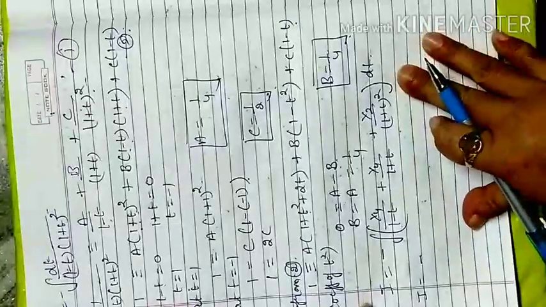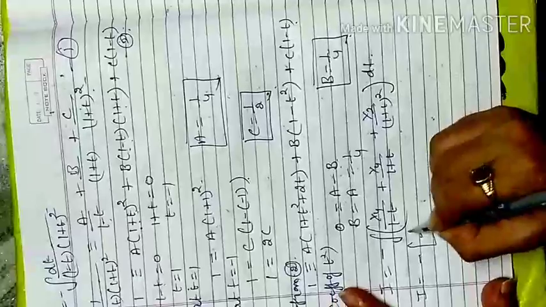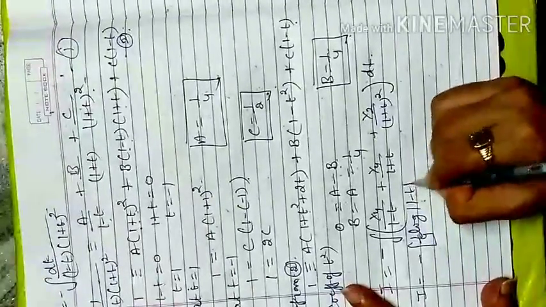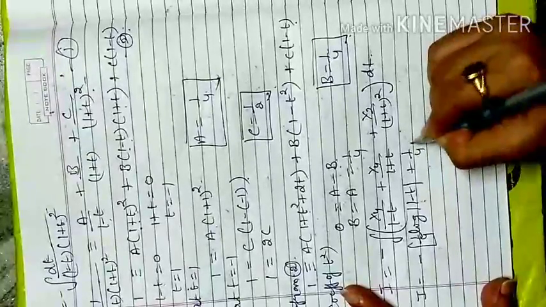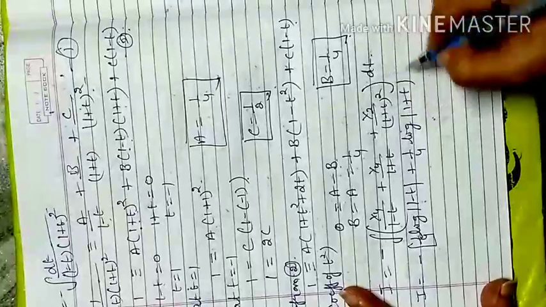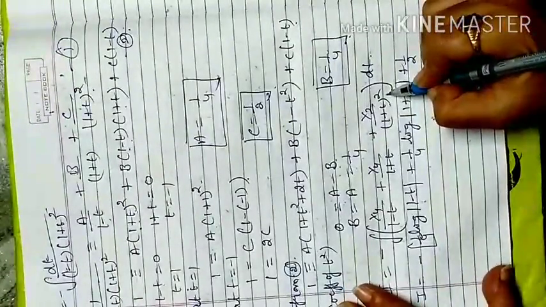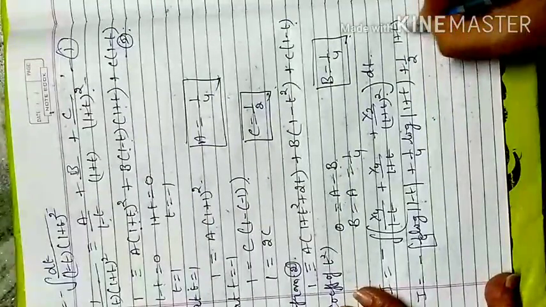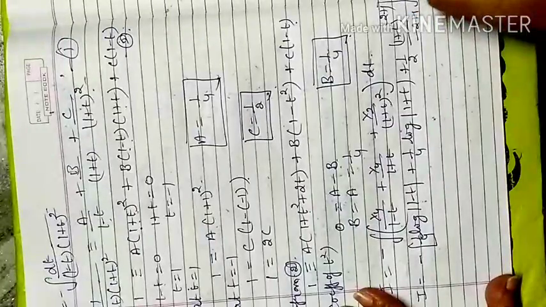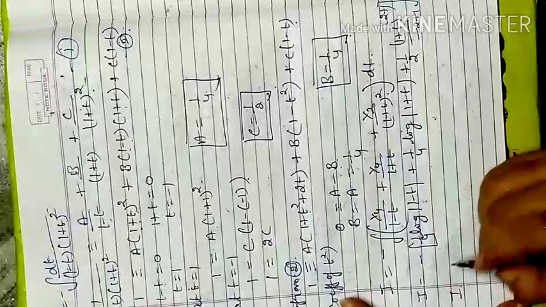So I separate this one because I have left space. I can directly integrate this one. Minus is here, so that is 1/4 log(1 - t) plus 1/4 log(1 + t), that is the integration of this, and plus 1/2, and this linear term has power 2. When power goes upward, so that becomes minus 2 plus 1 and minus 2 plus 1, and this is my required answer. But when I substitute t, I have to replace it back.